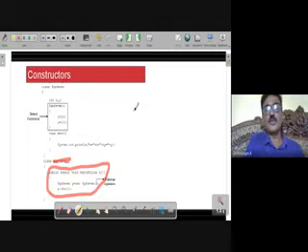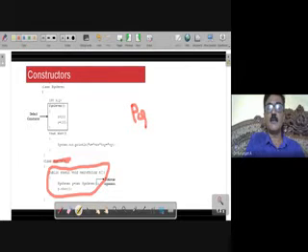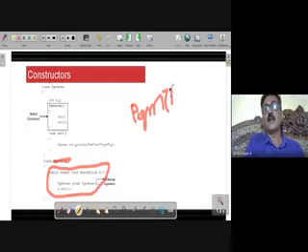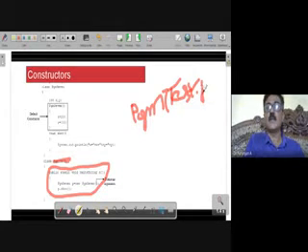So the name that you should choose for the file name should be pgm7 Test, with P in capitals. Pgm7Test.java is your file name. That should be your file name.